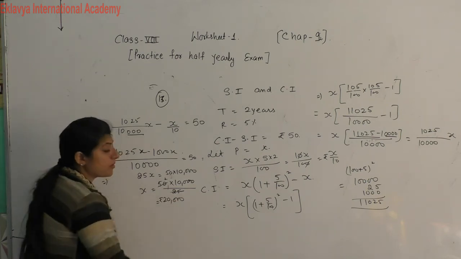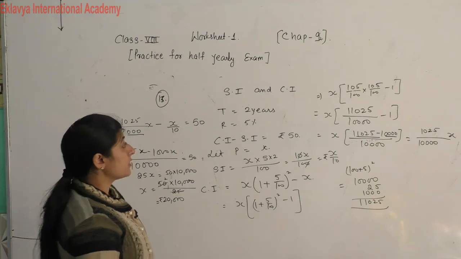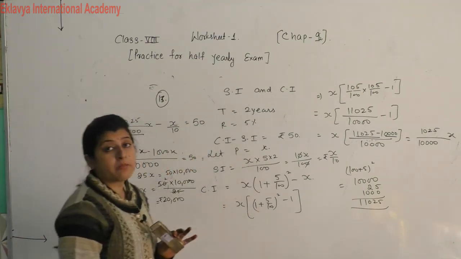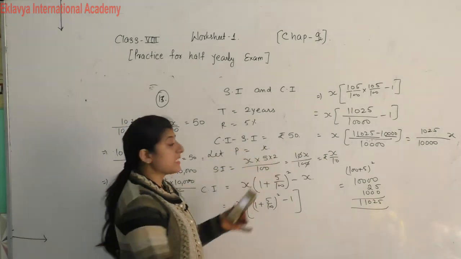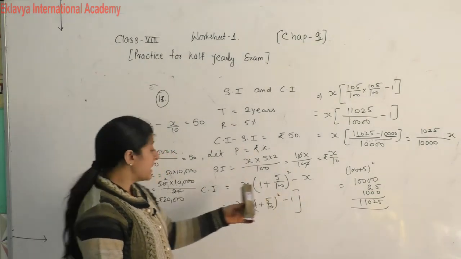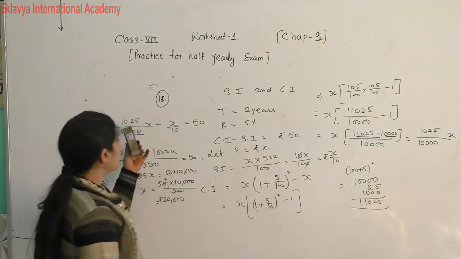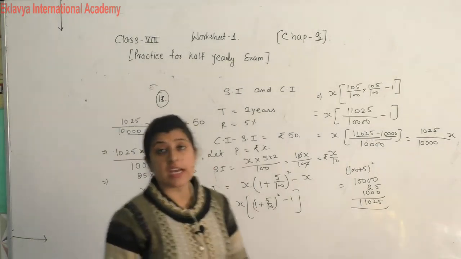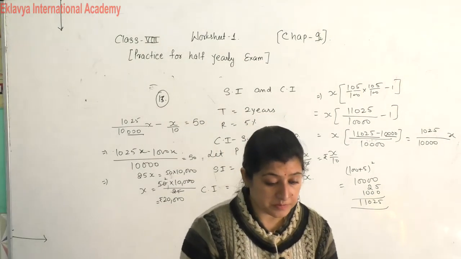And what is the sum of money? The principal amount becomes 20,000 rupees. What is given to you? We don't know about the principal money, then what will we take? This one equals rupees X. Then firstly we find out the simple interest on this X, then the compound interest on this. Given condition, CI minus SI is equal to 50. Put the values and solve this. You find out the value of X.